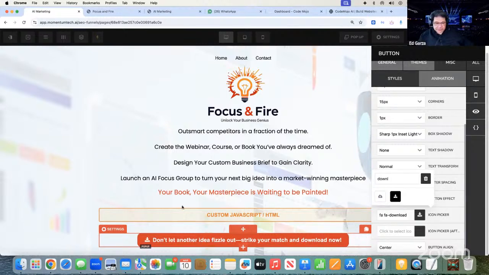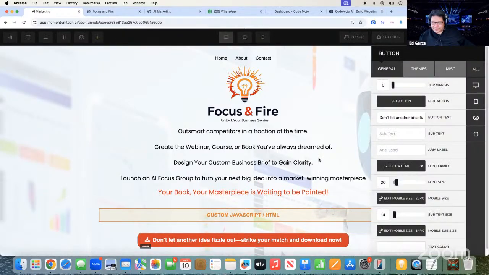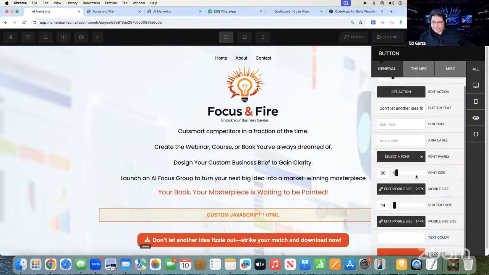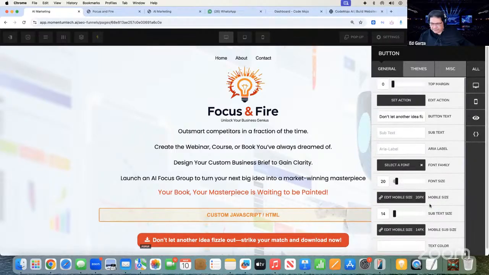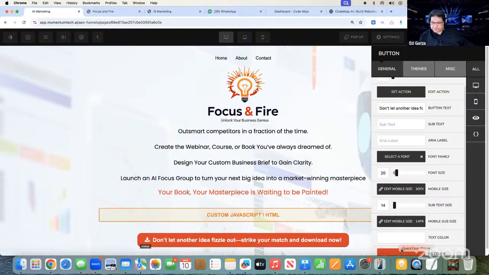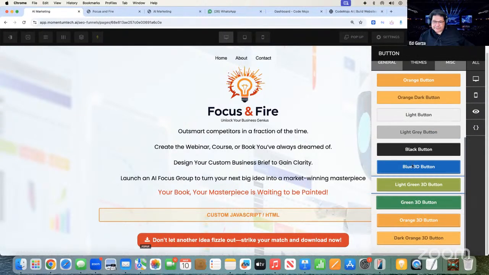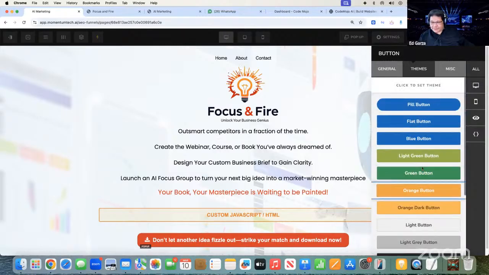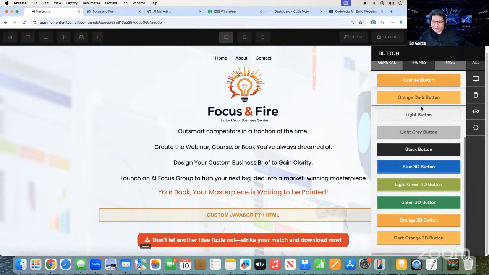Watch. See, it added it to the button. See that? Added an icon to it. That looks pretty cool. Adds a little something different to it. And then, of course, you can select your own font type. Let's go to set action. What I'm looking for is something else. So let's just look down here. You can change the color of your text or the background color. Let's go to themes. So obviously we got all kinds of themes. We got like pill buttons, flat buttons, blue 3D, all kinds of cool buttons you could choose.